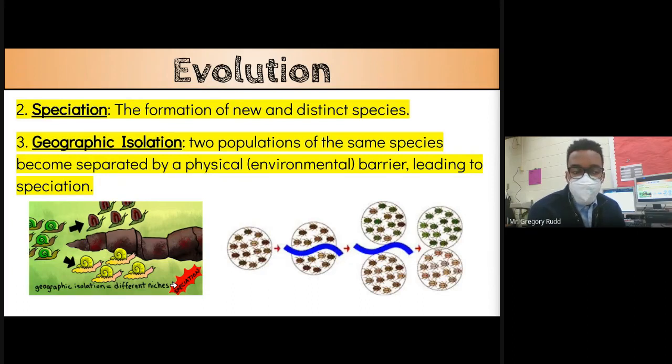This is going to be a result of the fact that they might have different food availability. They might have different predators coming after them. They might be subject to different temperatures or different weather events. So all of these things contribute to what started off as one species eventually becoming two distinct species. And when they become two distinct species, that means even if we put them in the same space again, they won't successfully mate.